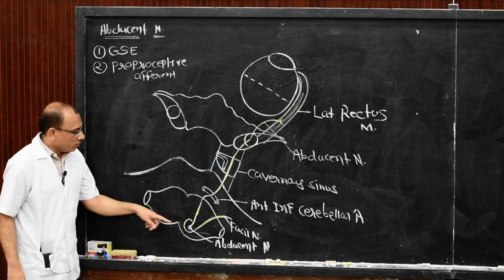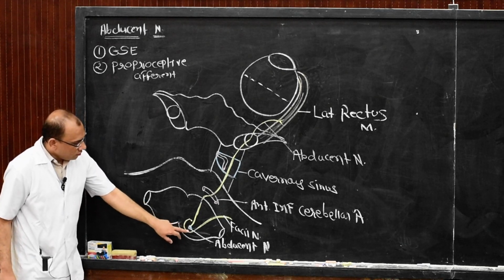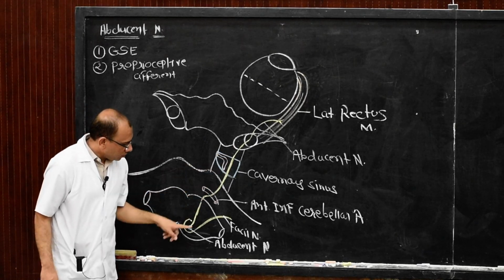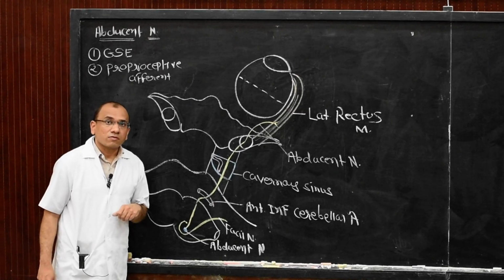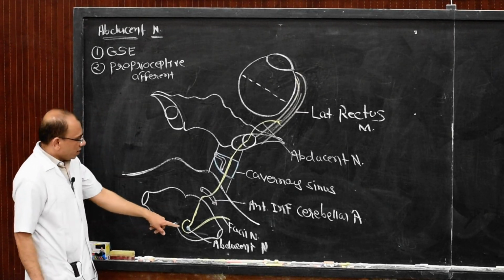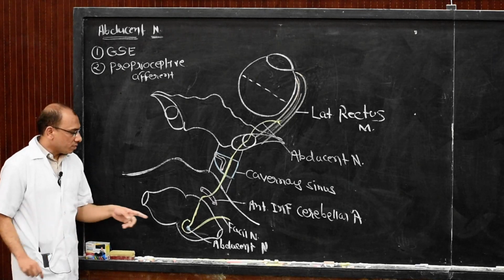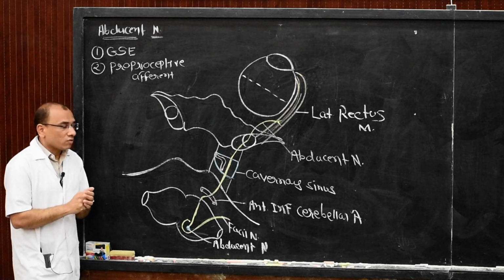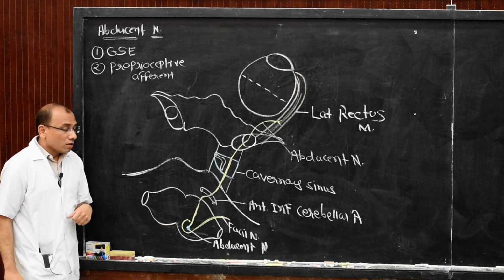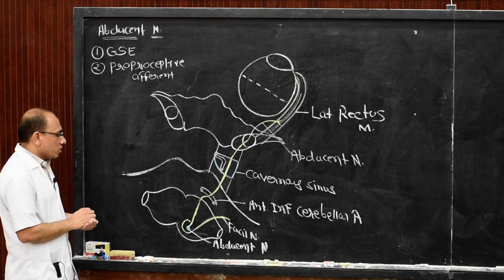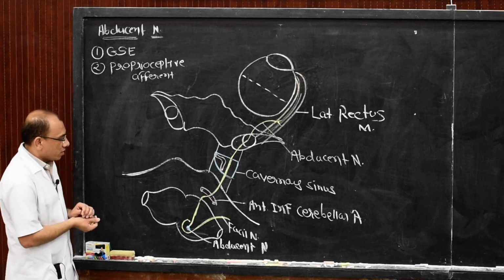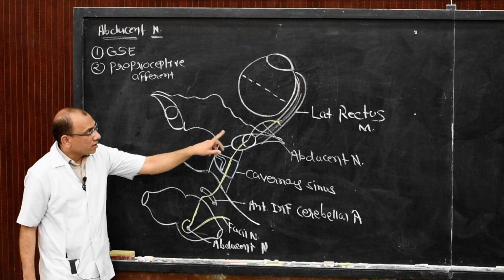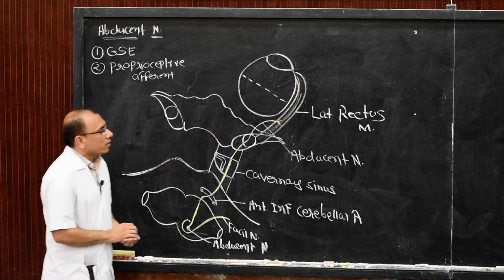The abducent nerve contains a nucleus which has a number of neurons: large neurons which form the abducent nerve, and small neurons which form the para-abducent nucleus, which are connected with the oculomotor and trochlear nerves along with the medial longitudinal fasciculus. We had already discussed this in the previous lecture on the oculomotor nerve. They are useful for the coordination of eye movement. The large neurons form the abducent nerve, which supplies the lateral rectus muscle.